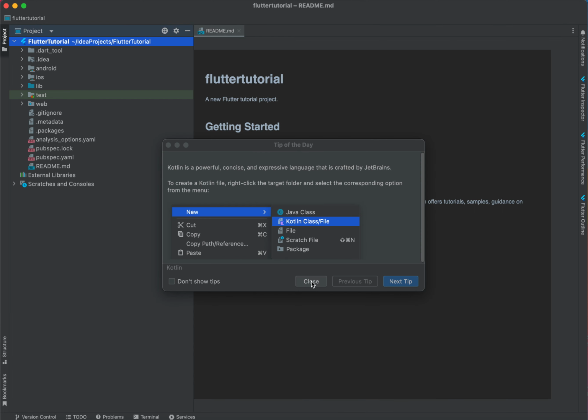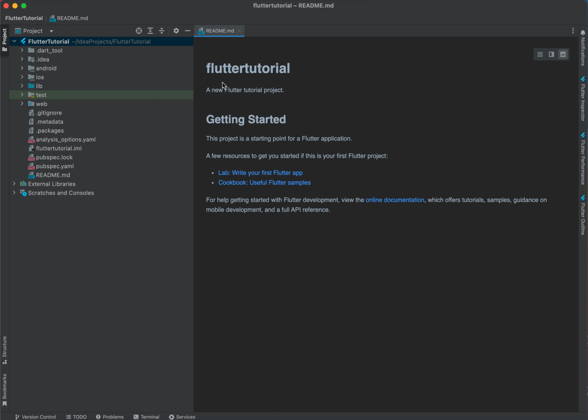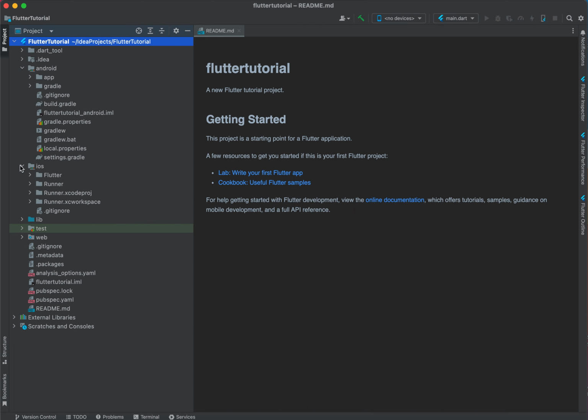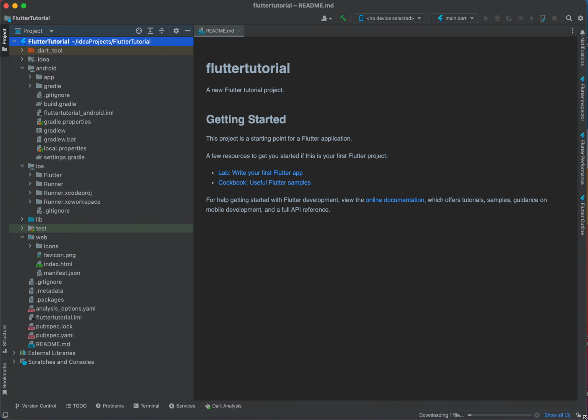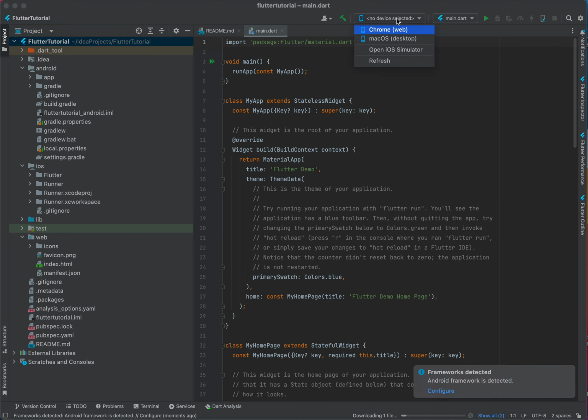Yeah, it's pretty fast, guys. In the Flutter tutorial project, we have Android, iOS, and web directories, as you can see here. It's syncing and importing all the required libraries, and that's it, guys. For the moment no device is selected, but we can